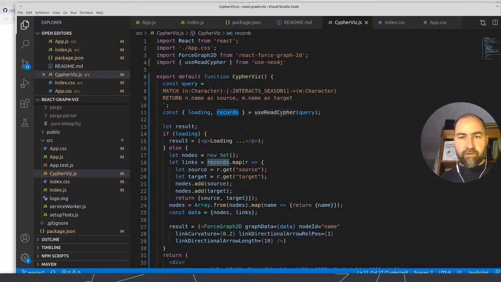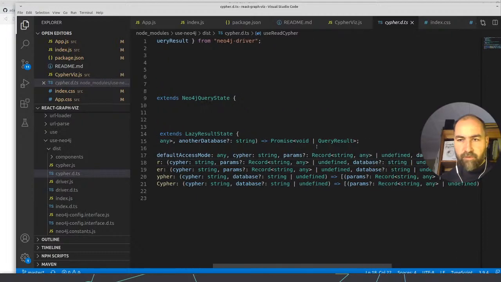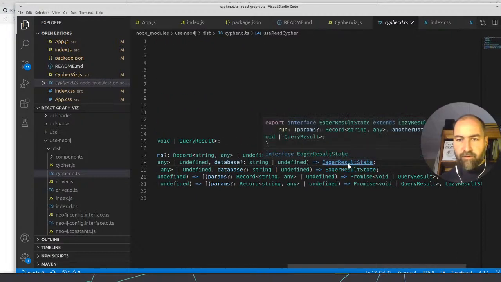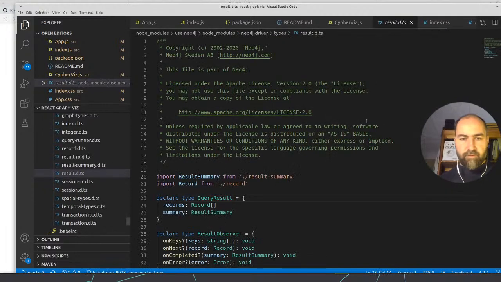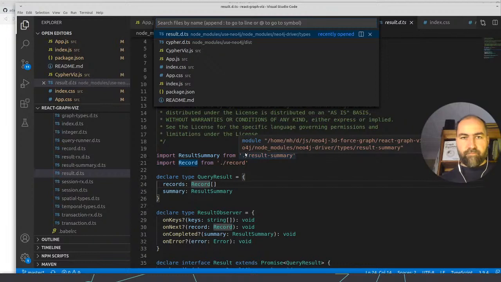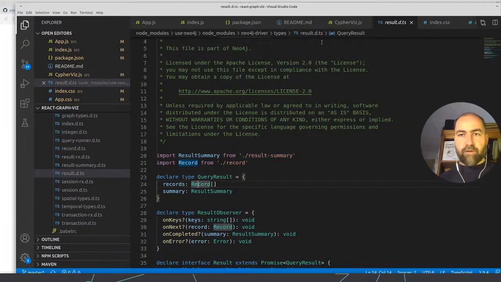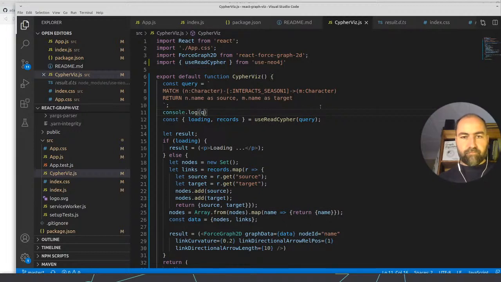And I thought actually the use read cipher returns an eagle result state which has a query result which has records. That's interesting. So we should see our query, and these should be our records.